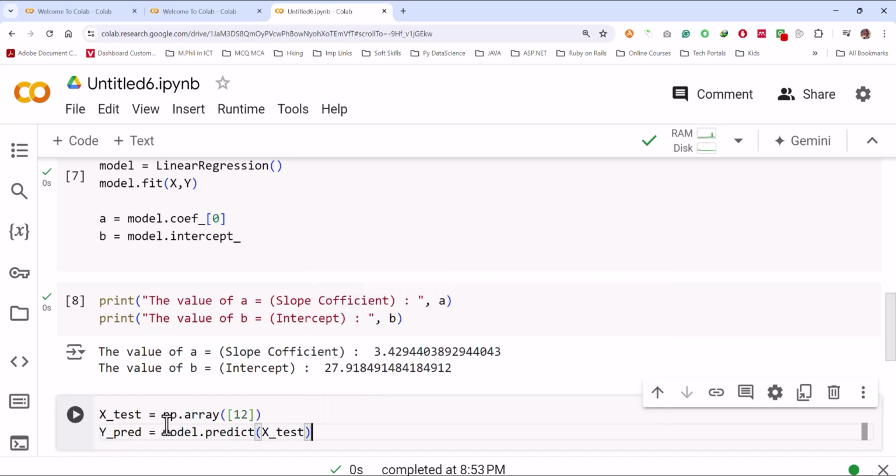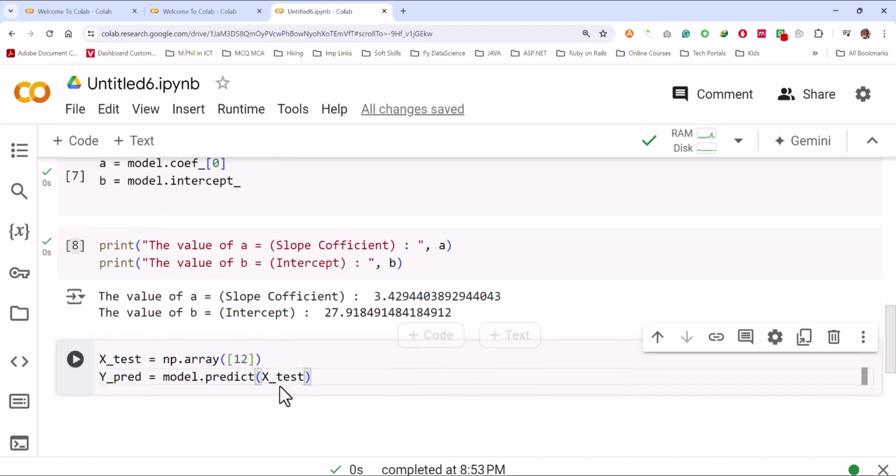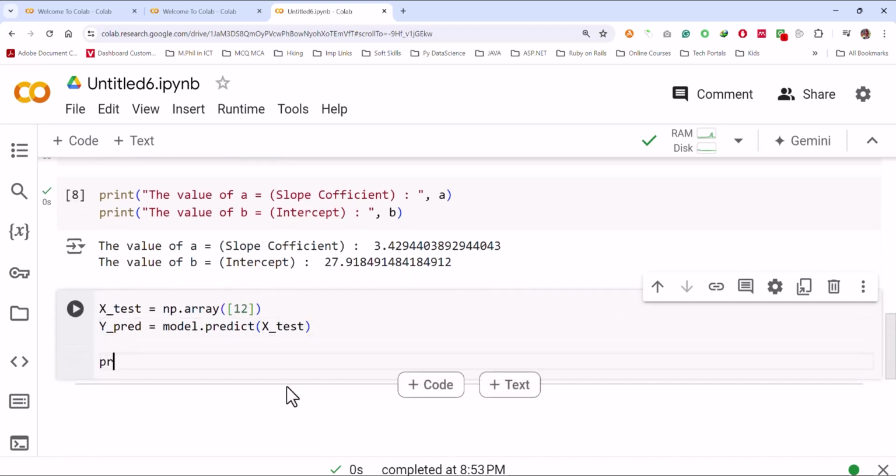Now print the value of y predict. So we'll write, predict salary for an employee with 12 years of experience,